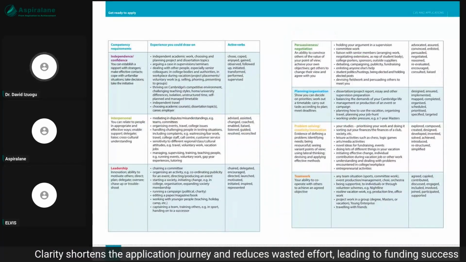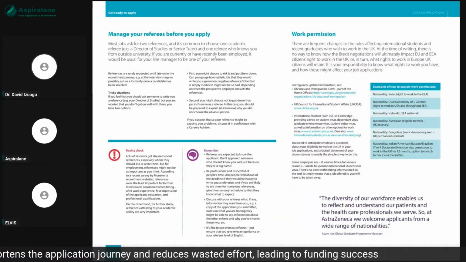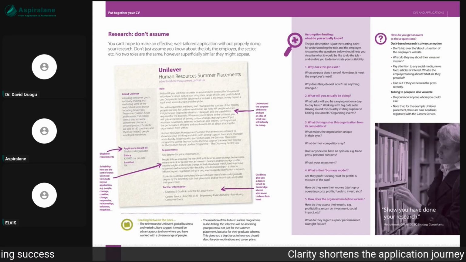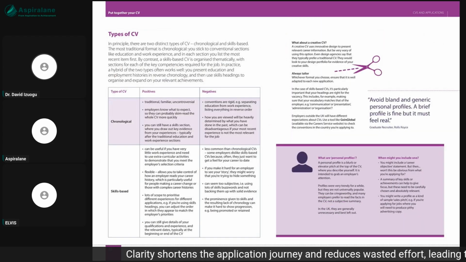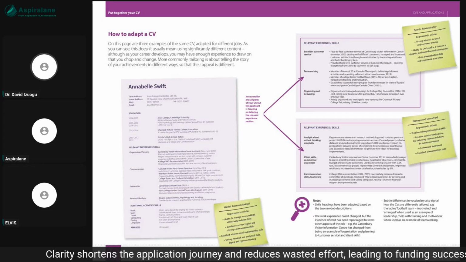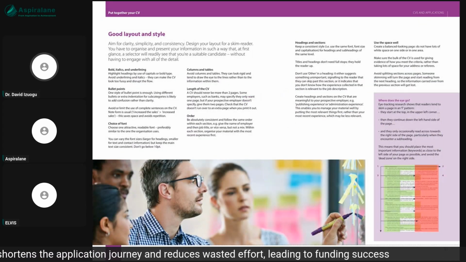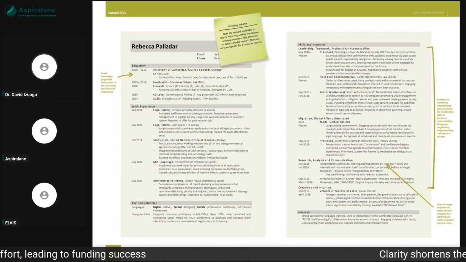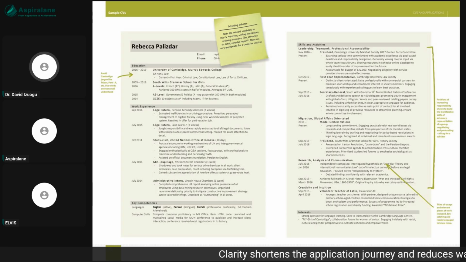And of course, if you have time, do go through it, read and see what they are saying. And you also see some samples that they have annotated with what needs to be where, what you don't need to keep, different ways of writing and presenting the same information, and all of that, right? So you will see that on the various sample CVs that you have in this. There are so many of them, different ways.